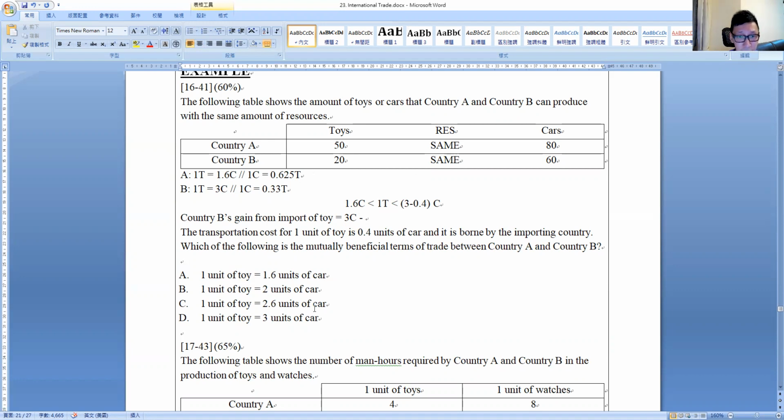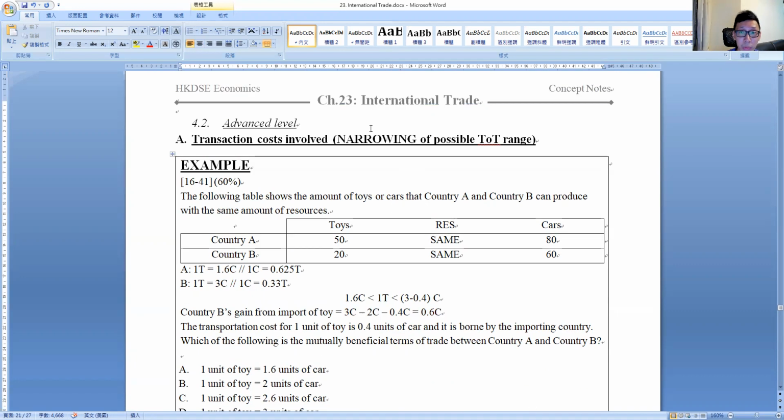Let's say the terms of trade is 2. So originally they should gain 1 car in this case, right? But remember, they need to also pay the cost. So additionally, you need to minus 0.4C. And that will make them gain 0.6 car. OK, 好唔好啊？嗱，所以啦，記住收窄個 terms of trade 好容易嘅啫。